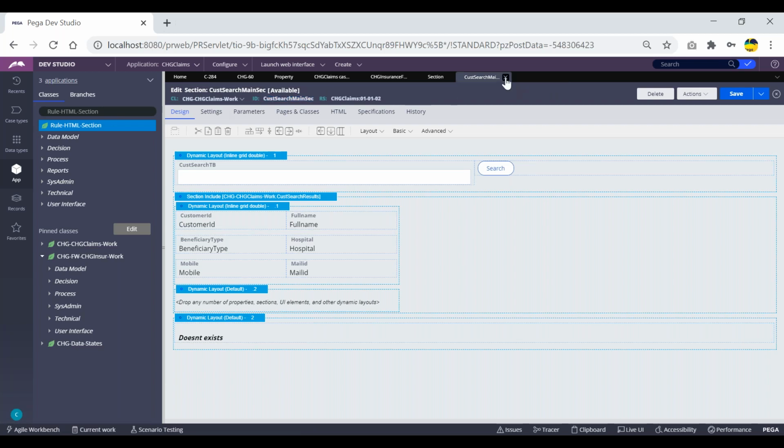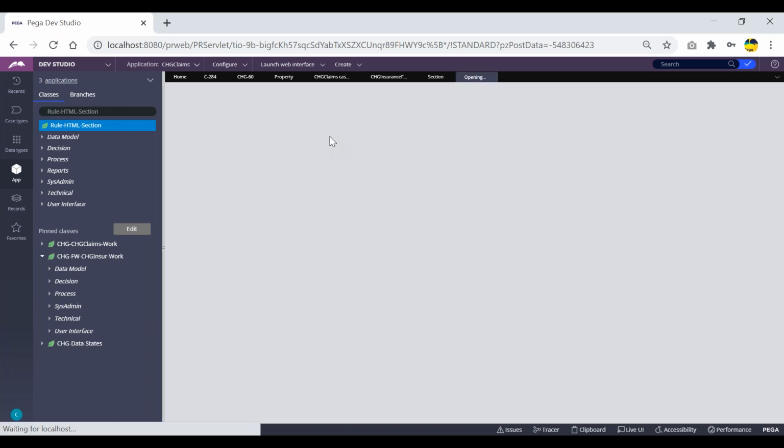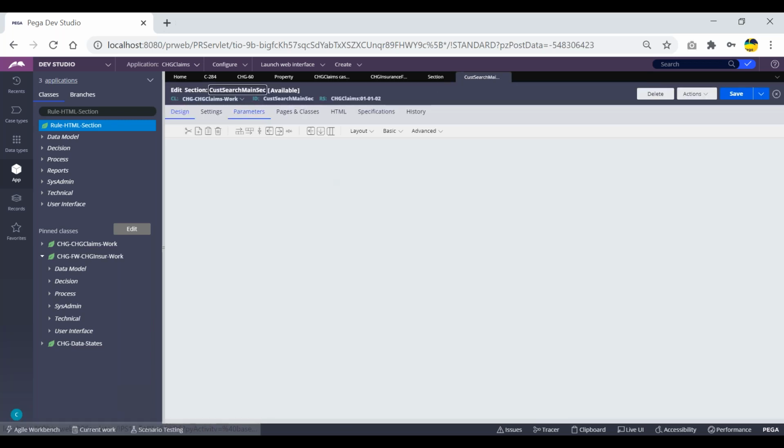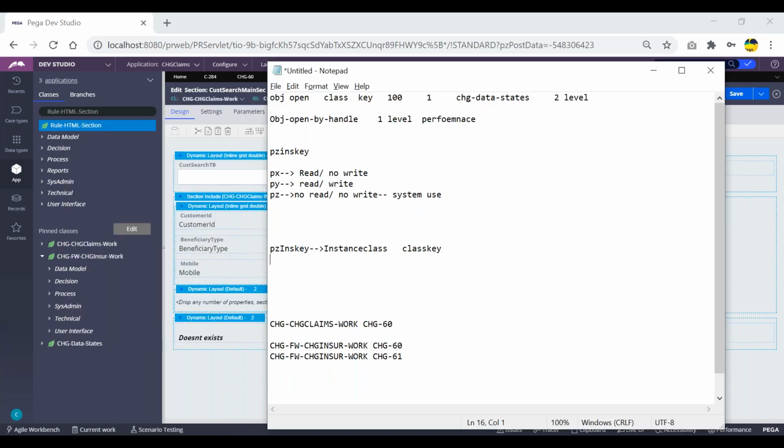Okay, got my point? Now if I want to get the PZINS key of this particular instance, if I create one section rule, for sure it has to be stored in a database table, and it has to be stored as an instance of one of the classes. So this is the instance of this class. So the PZINS key of this section rule will be, can someone tell me?